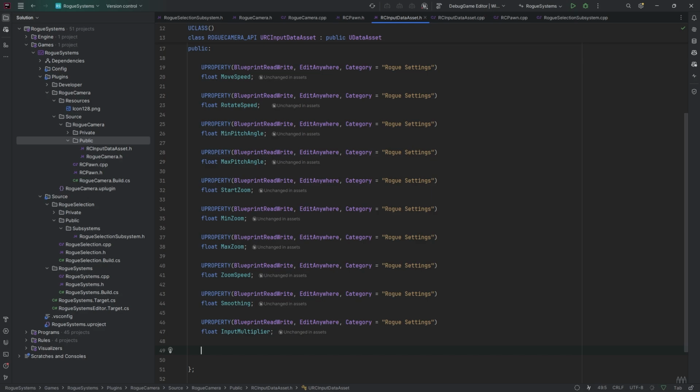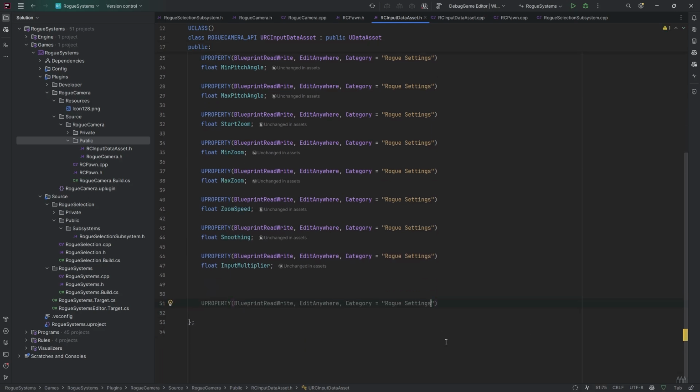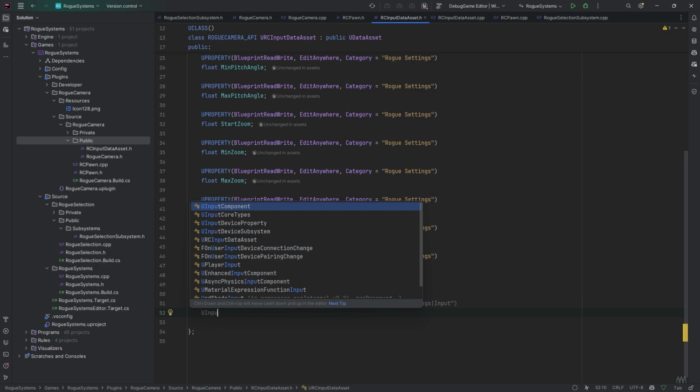And then we need our input actions and our mapping context and all that. So we need a reference to those actual assets. And that's also why I created a plugin, not a module for this, because it's going to have actual assets. So a module is pure C++ code, whereas a plugin can be C++ code as well as assets in the editor. All right, so this first one, I'm just going to add an input on the end here, so it's under input, and then this will be input